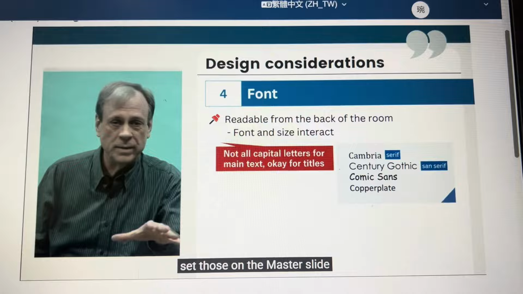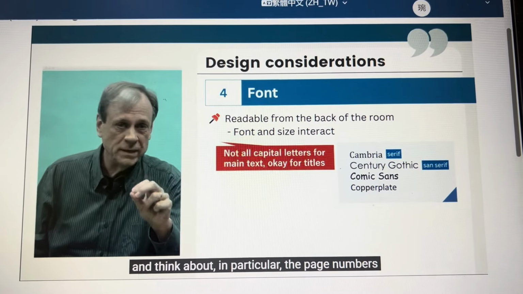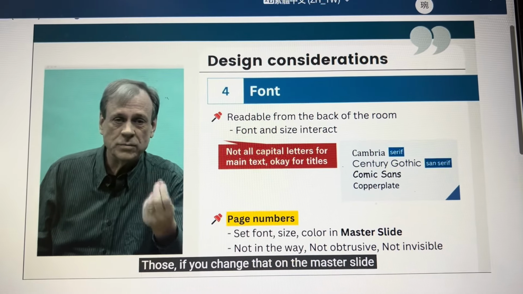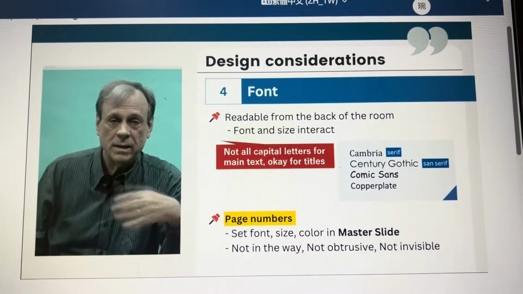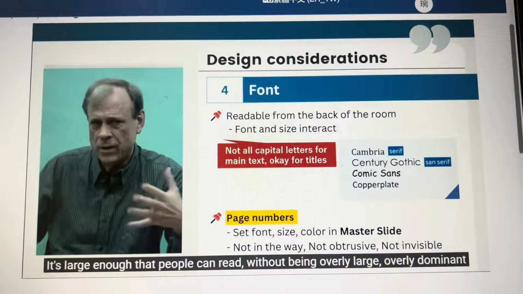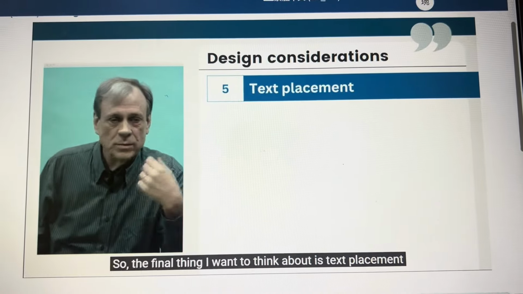So set those on the master slide, and think about in particular the page numbers, the slide numbers. Those, if you change that on the master slide, again, you can put it in a place that's out of the way, not going to interfere with your text. It's large enough that people can read without being overly large, overly dominant. So the final thing I want to think about is